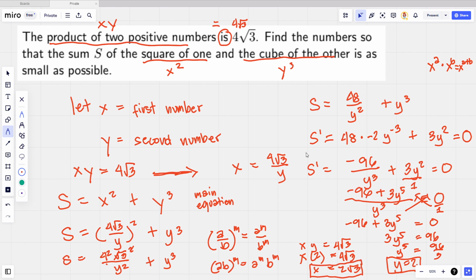So we now have the values of our numbers. The first number, x, should be 2 square root of 3, and the second number is